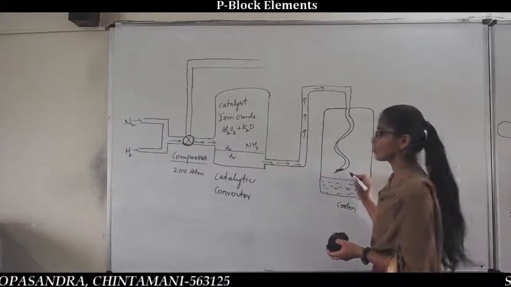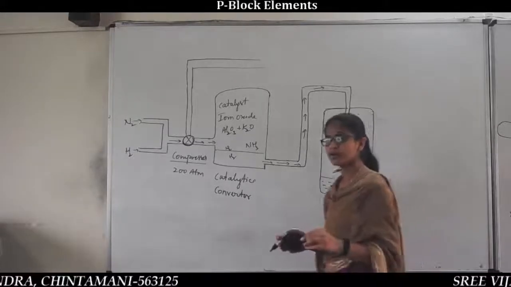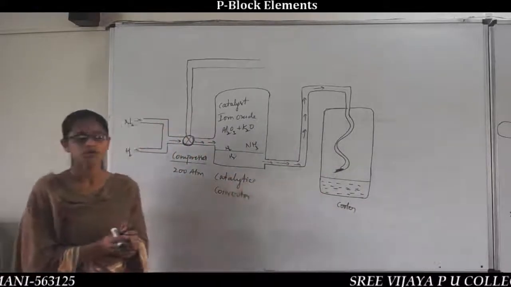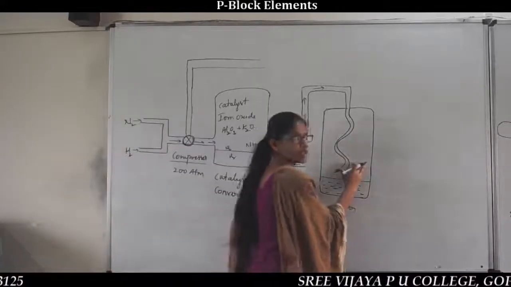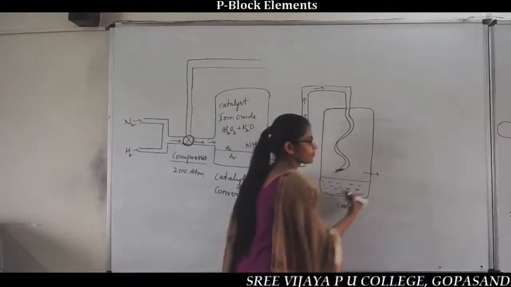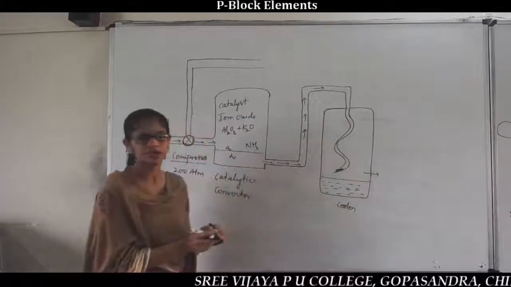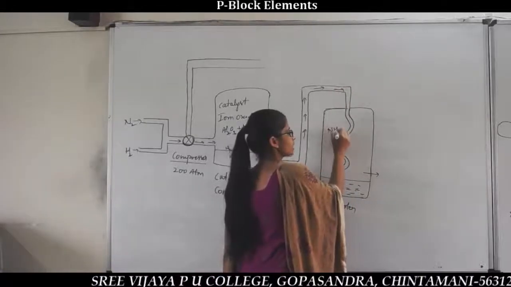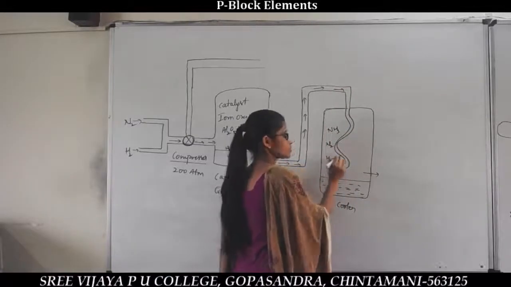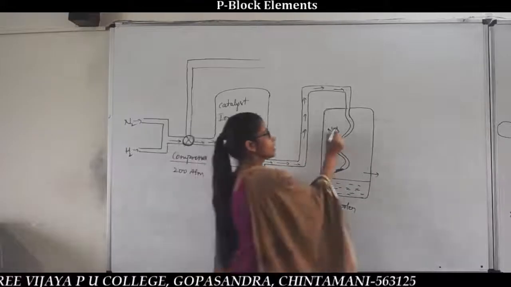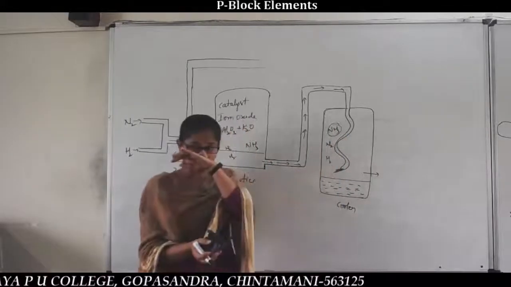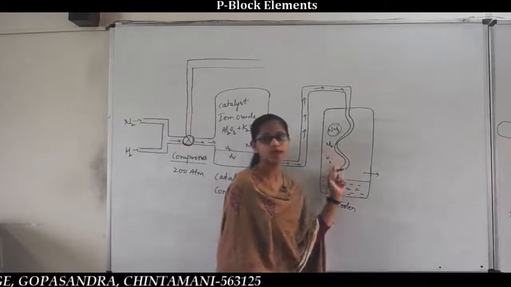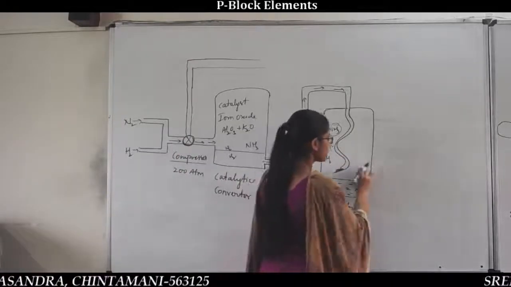In the case of ammonia, ammonia liquefies at a very low temperature, because the reaction takes place at low temperature only. So in this case, we have to maintain the temperature for the liquefaction of ammonia. Along with the ammonia there are unreacted nitrogen and hydrogen as well. So only the ammonia liquefies. The remaining unreacted hydrogen and nitrogen are again